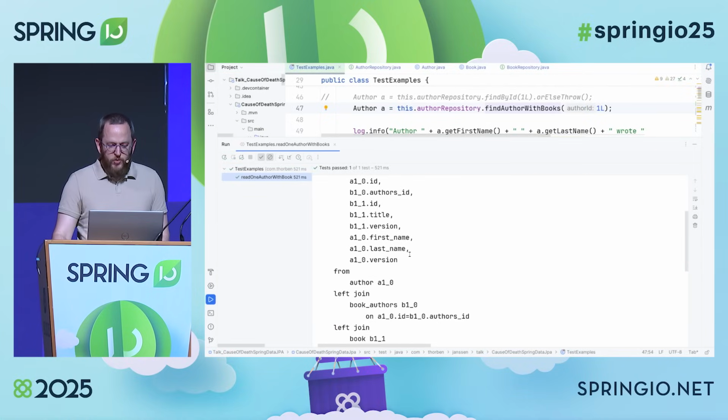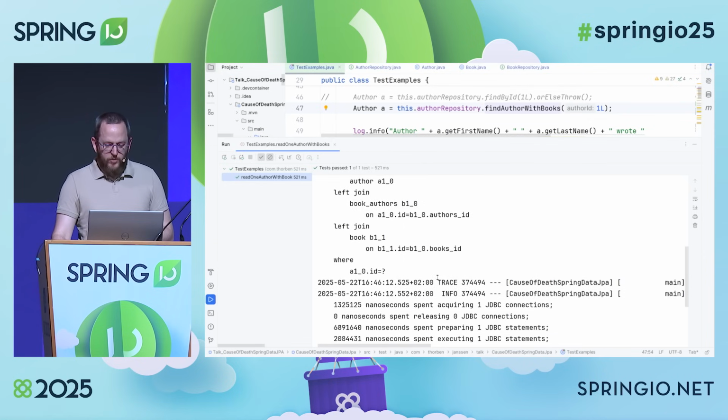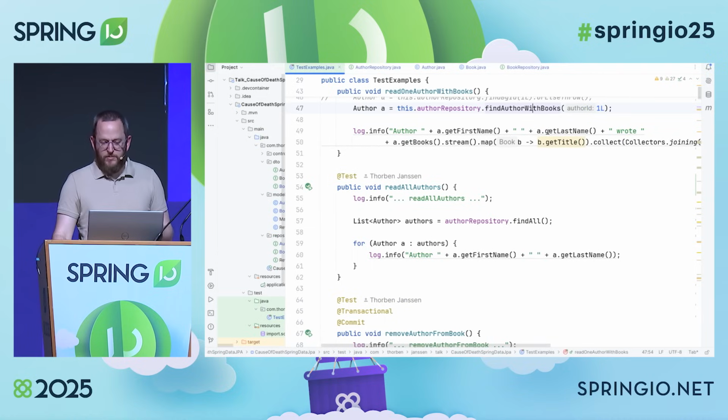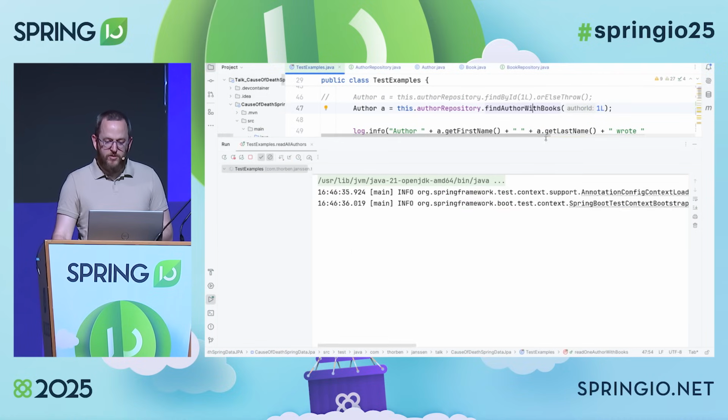And now we got the same result as we had before with the eager fetching, but now it's because we have a query that tells our persistence provider, okay, now I need that relationship, and I get everything in one query, which is much more efficient than the n+1 issue we had before,